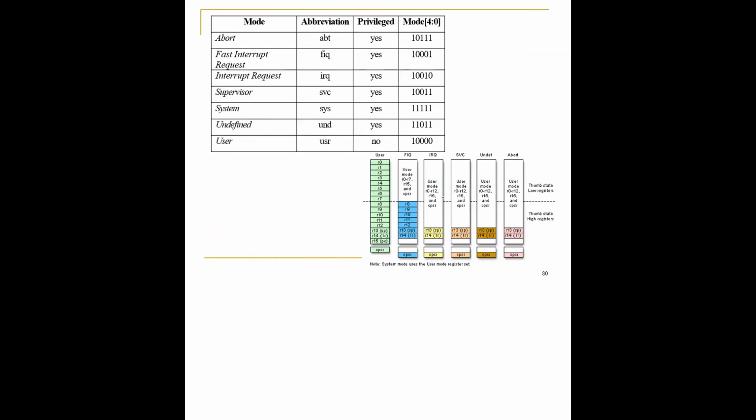See here, it's given here. Suppose you are in the user mode. If the system enters into the abort mode, let's say that there is a mode, okay? This is the mode field. It is in the user mode. When it is in the user mode, the contents of the mode field will be 10000. Suppose abort happens, suddenly the contents of the mode will be changed to 10111, which means that the system has come to abort mode. Suppose it is a user mode and there is a fast interrupt request, the contents will become